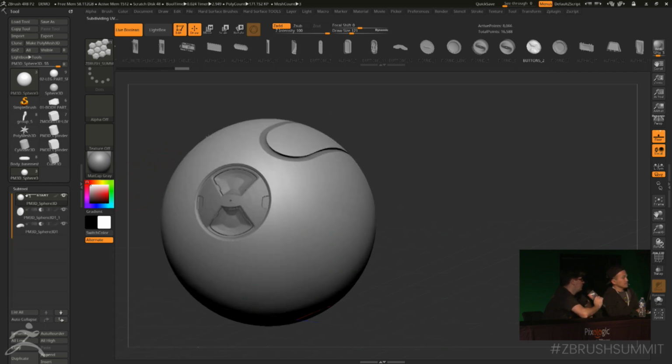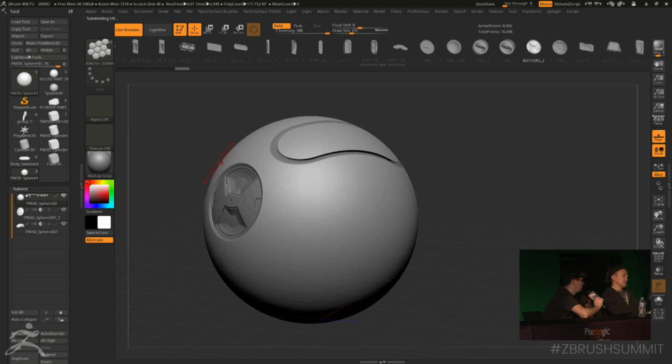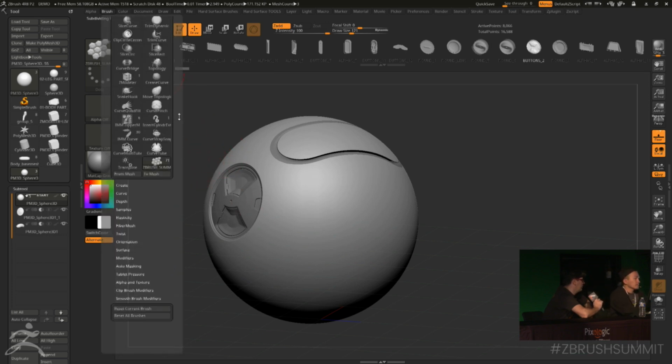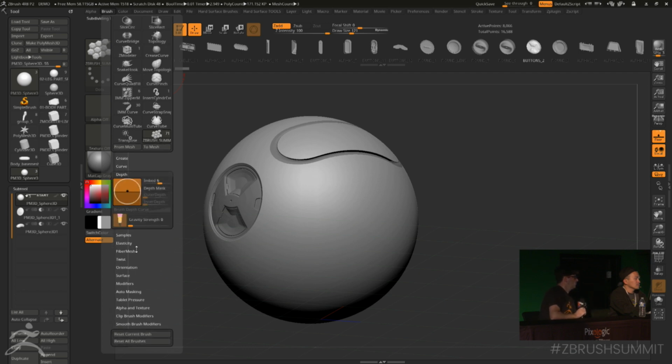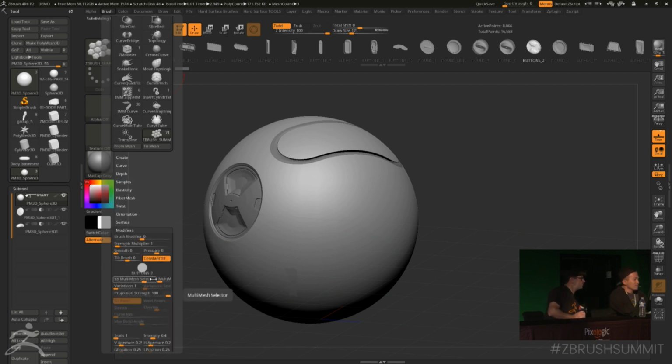You are using the projection setting for the IMM brush? Yes. It's important to know. You should show it. It's in Modifier. So to make it work with rounded surface, curved surface, you have to put